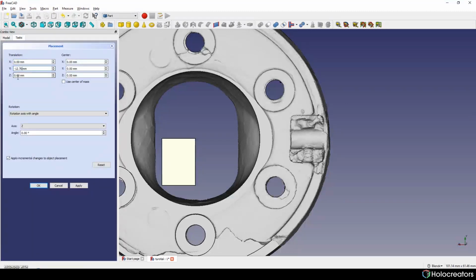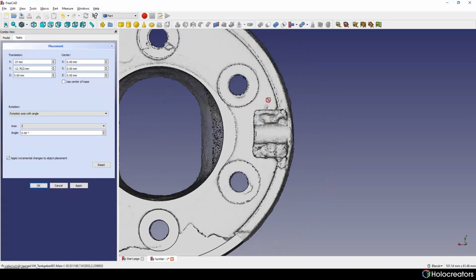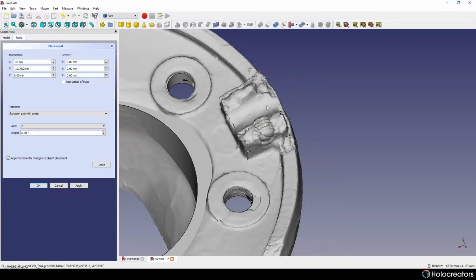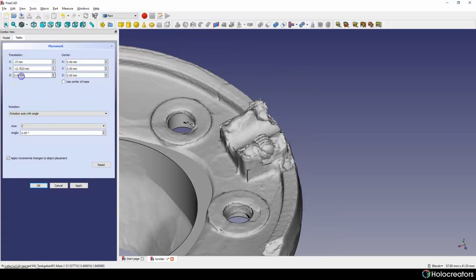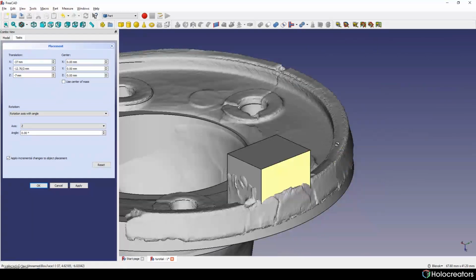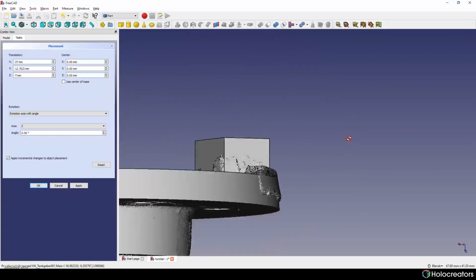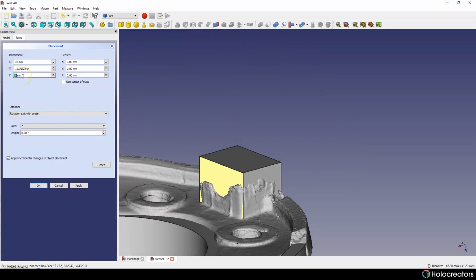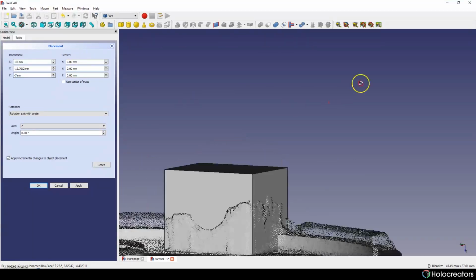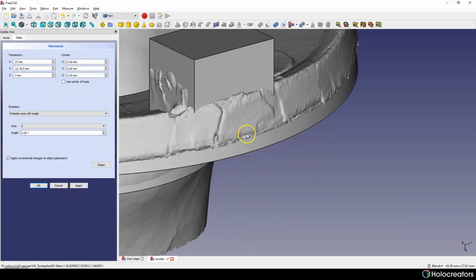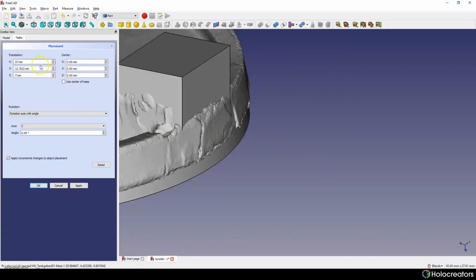So it's gonna be 12.7 divided by 2, and it works fine. Next we just have to put this here, and of course we need to adjust the position on the axis. I think this is correct.